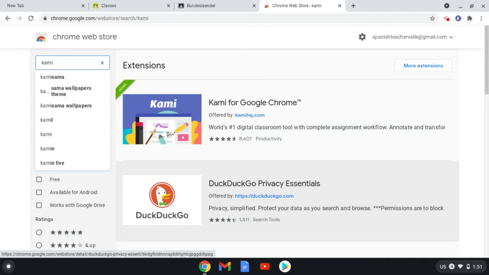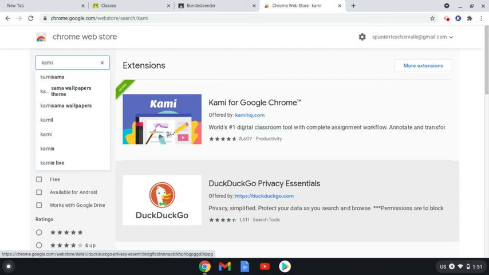So Cami is a new thing that we're going to get from central office, and it basically is a little Chrome extension that will allow you to write onto PDFs or really anything else. It could be screenshots or Word documents, anything that you have on your computer, you can bring it up in Cami. So the students already have Cami, so when they get an assignment, you can tell them, okay, open it